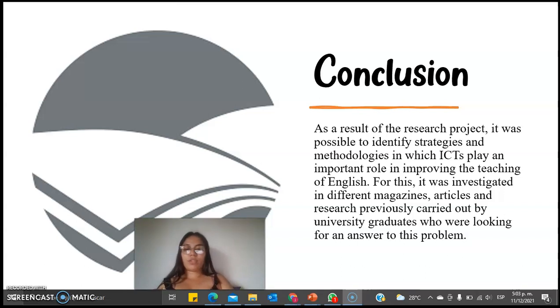Okay, during the development of this project, I managed to highlight different aspects that contribute to the teaching of a foreign language. For this, detailed readings of different articles and magazines were made where all this information is reflected. The analysis of the degree projects presented was also carried out by university graduates who defend and seek answers to the questions that are presented. And at the end of the investigation, it's possible to identify the importance of the subject and how to solve the problems related to this subject